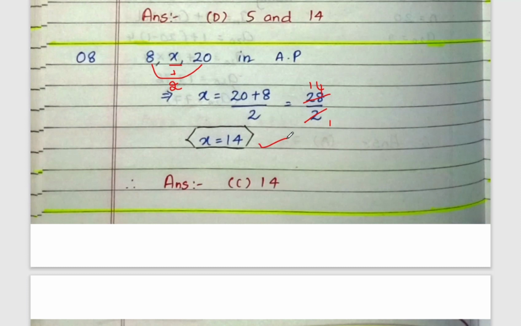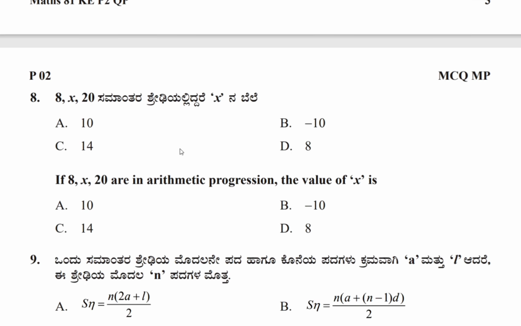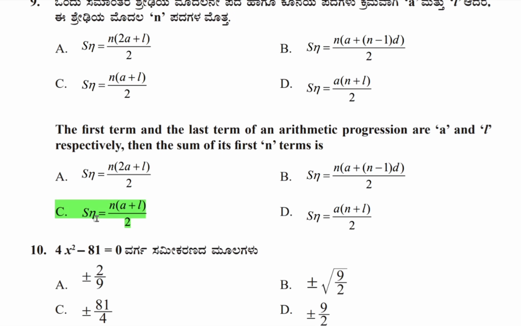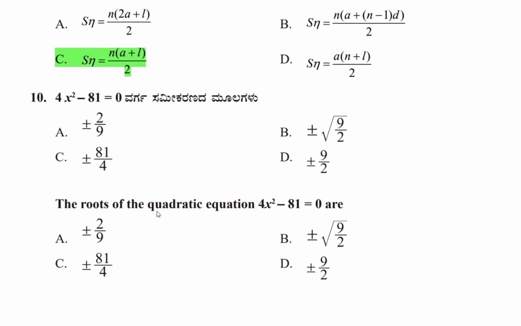Again, this can be solved by using the concept of common difference. You can try the common difference method. Therefore, the correct answer is option C, 14. The first term and last term of an arithmetic progression are a and l. Then the sum of its first n terms is Sn equals n by 2 times a plus l, which is a direct